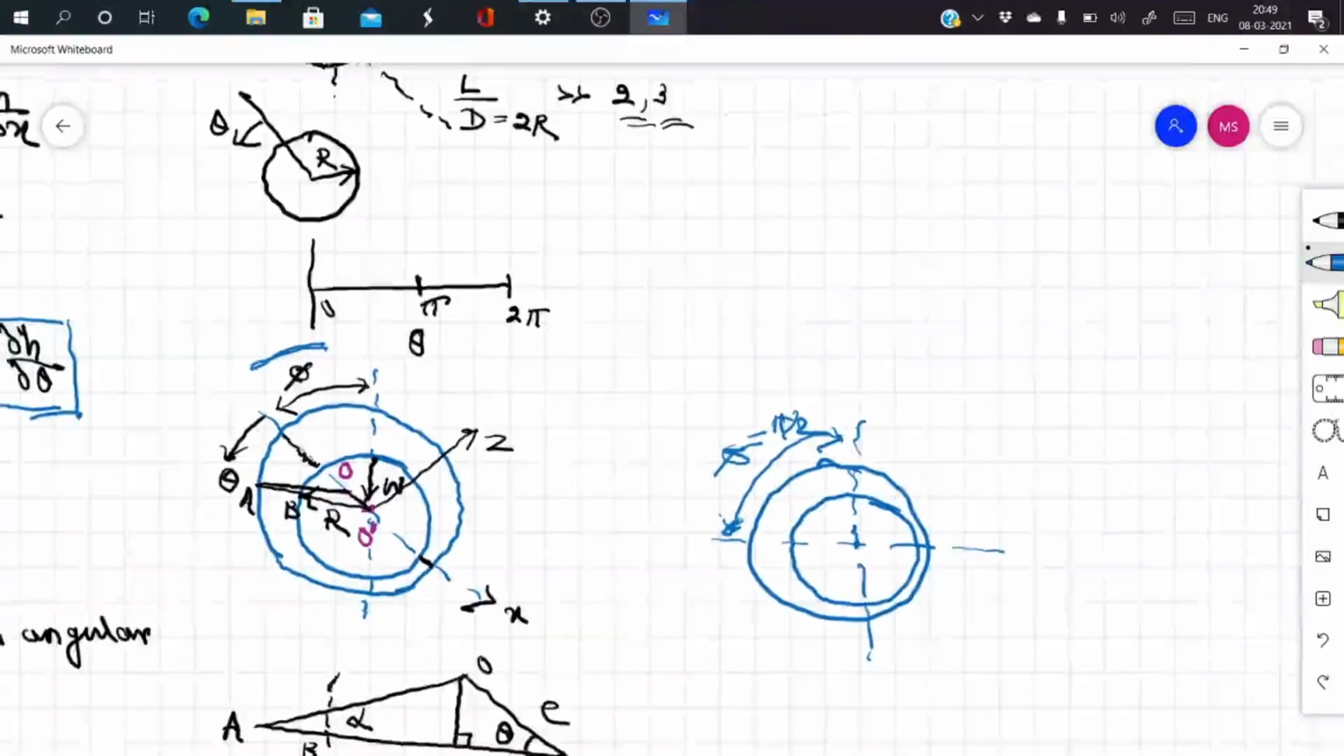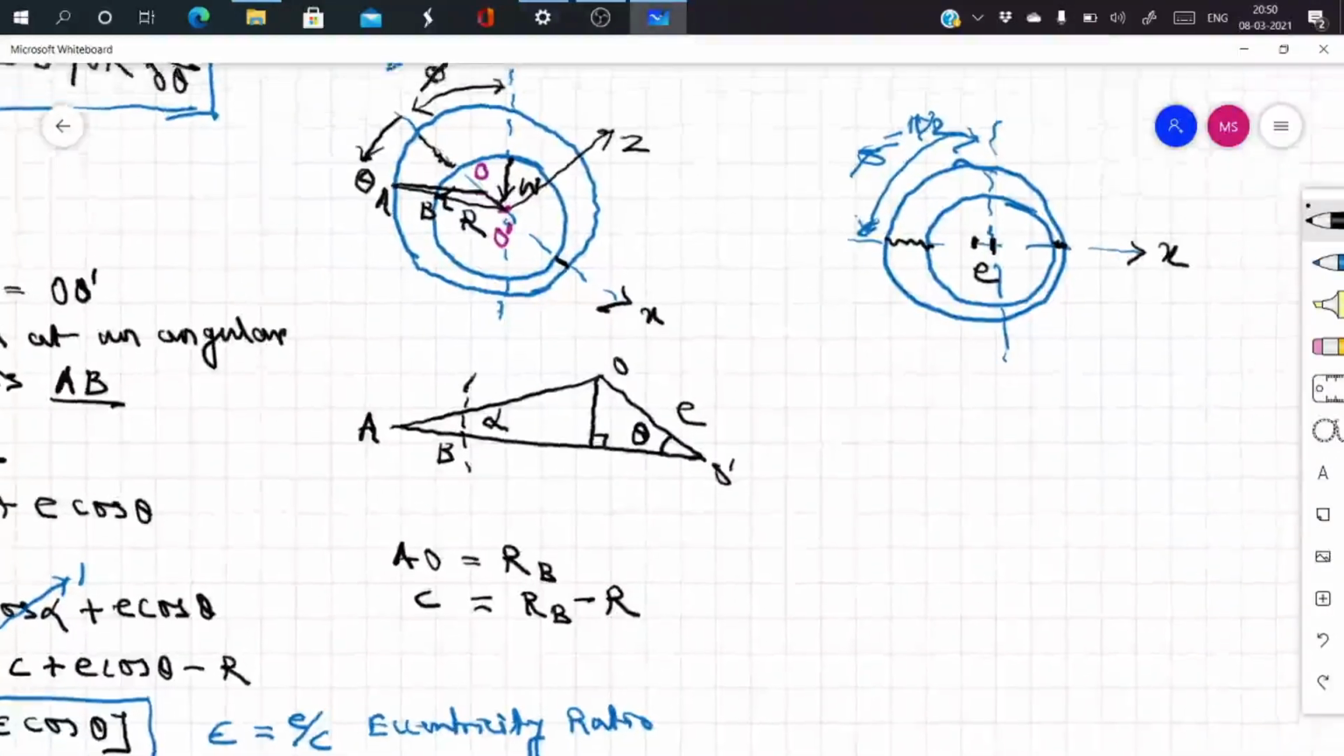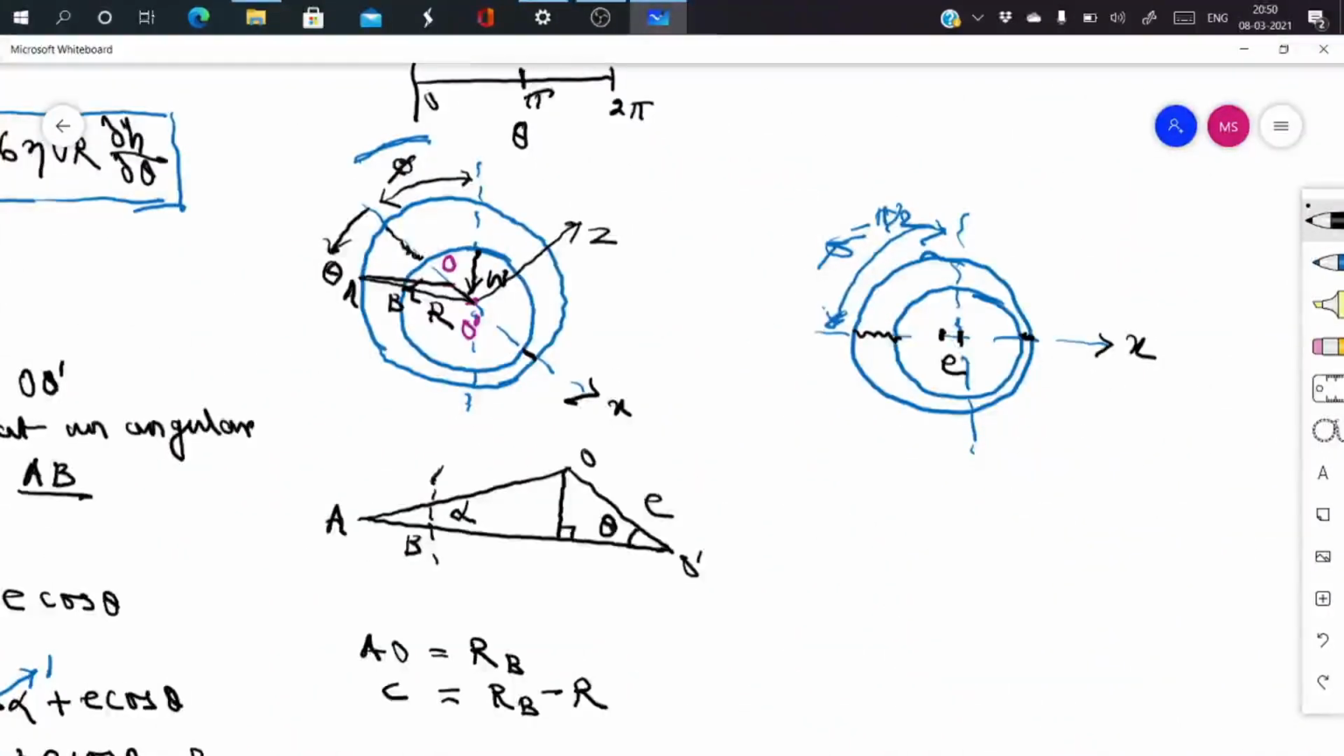So this angle phi equal to pi by 2 shows a configuration like this. Here, this is the minimum, this is the maximum, and this is the bearing center, this is the journal center, and this is the eccentricity. That means the journal is always shifted towards the right. This is x, shifted towards the right. So in the x axis the journal only moves, which is not possible. Experimentally this is not true. Okay. So therefore,